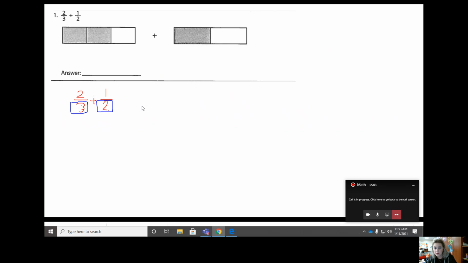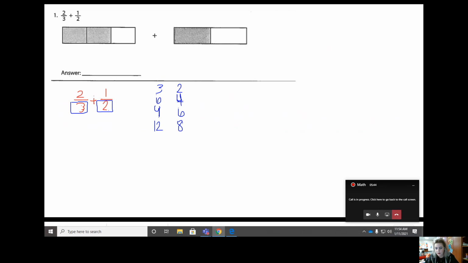So the first thing that we need to do is we need to put these numbers into their multiples list. So we have 3, 6, 9, 12. Okay, so let's stop at 12. And then let's do our 2. So 2, 4, 6, 8. Sorry, guys, this is going to be a little frustrating. All right, let's go ahead and double check our multiples list and see if we have any matching